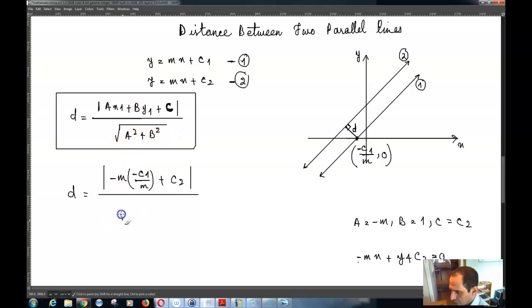And over here I can write a squared plus b squared, which is negative m whole squared plus 1 squared, and 1 I got from here. So you can simplify these two, and these two, you will get